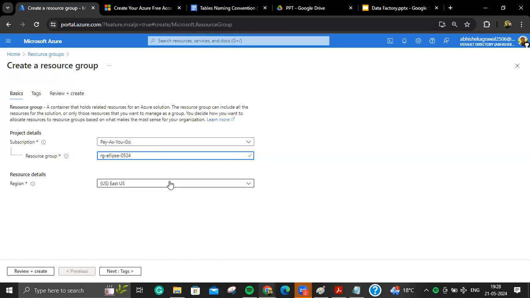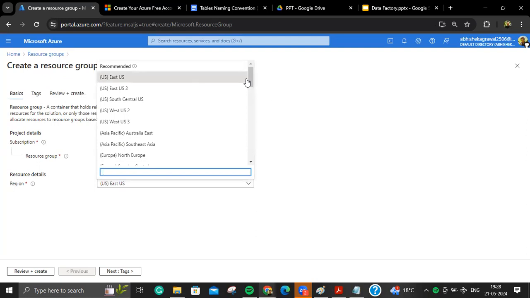Okay, resource group and then region. Region means, like, how to select the region. Selection of region is very simple, and we need to think about it in very layman terms, right?